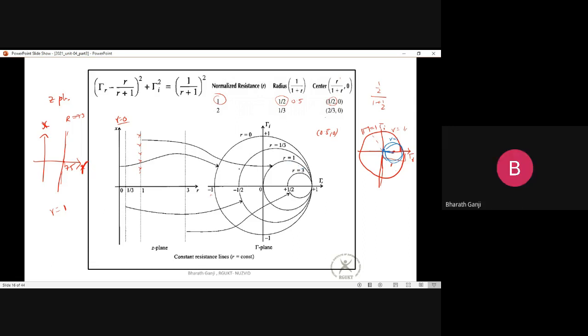The first conclusion is, as r is increasing, the center is moving